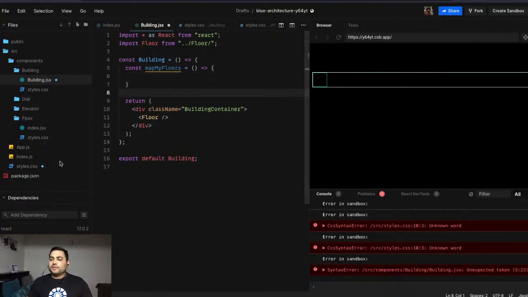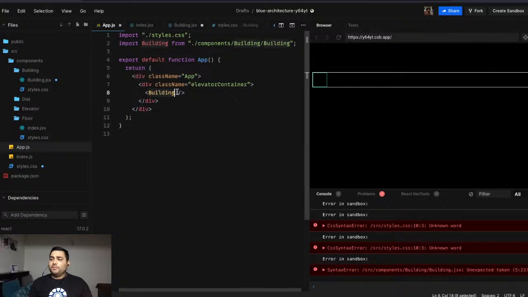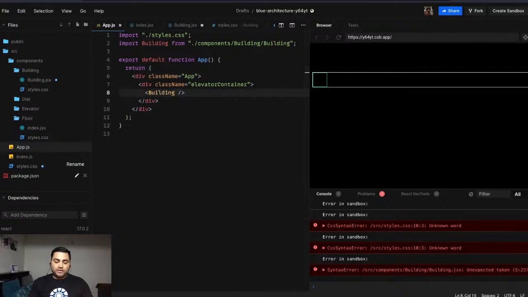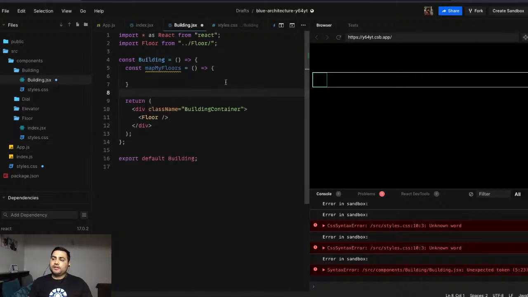Props, how it will work is simple. We'll be going here to app.js, and we are importing already the building property, and we'll say floors is equal to, let's say, 10, right? Now, in the building, we have passed a property called floors, and its value is 10. Now building.jsx can have a value called